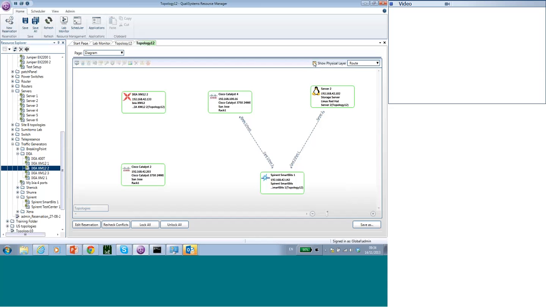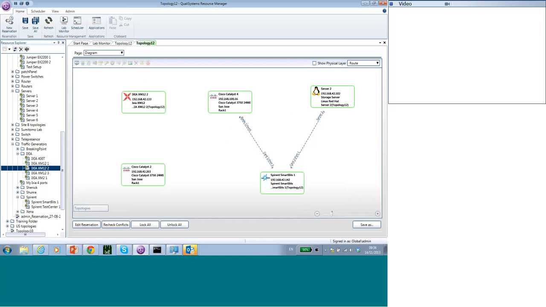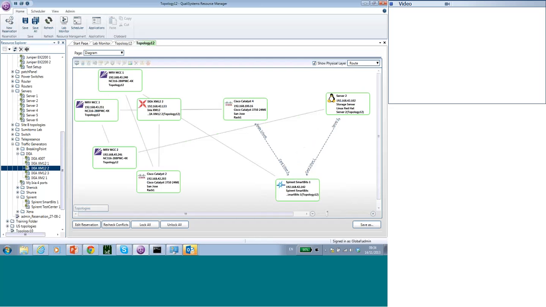If I press show, you see that I can also see the devices which help me to connect. In this case it's layer 1 switches, which are in the background. For me they are transparent. I don't need them because I know that I have the connectivity, but I can also see them on the screen if I want to understand exactly how the setup itself was built, and not just care about the connectivity between